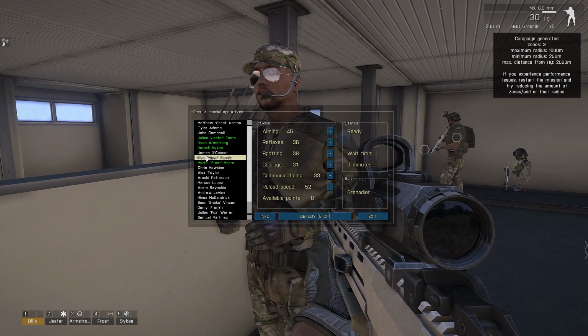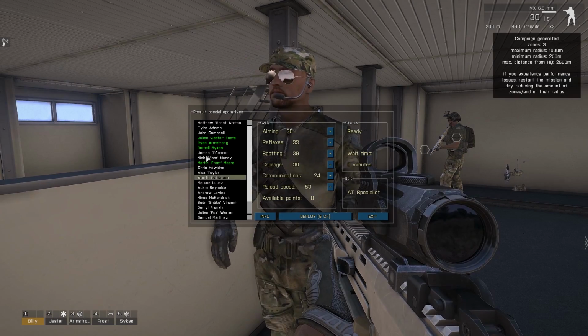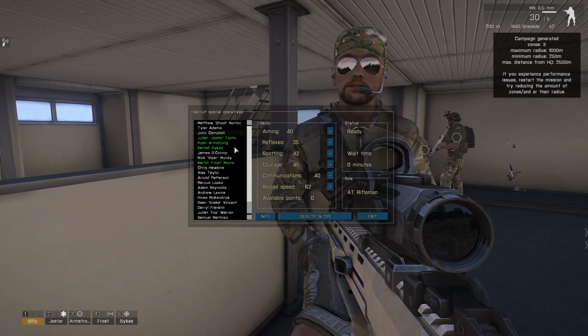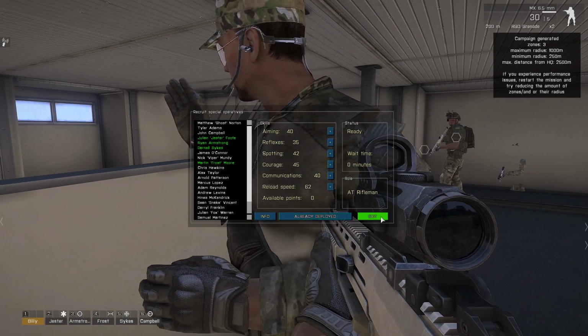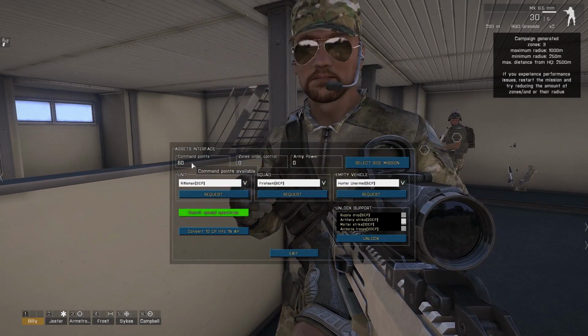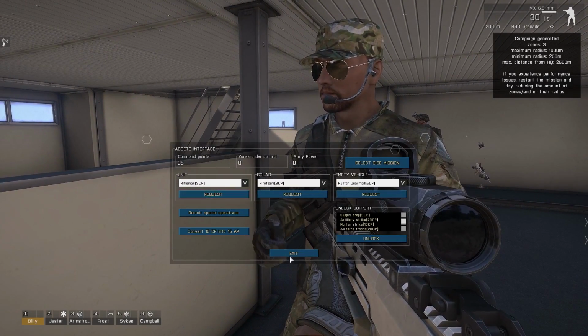I always try and stay away from grenadiers because sometimes when you're in close quarters, the grenadiers like to grenade you. So we'll go an AT rifleman, of course. That's going to be really important. Okay, now it still says we have 60 command points, but if we go into that again, we've got...